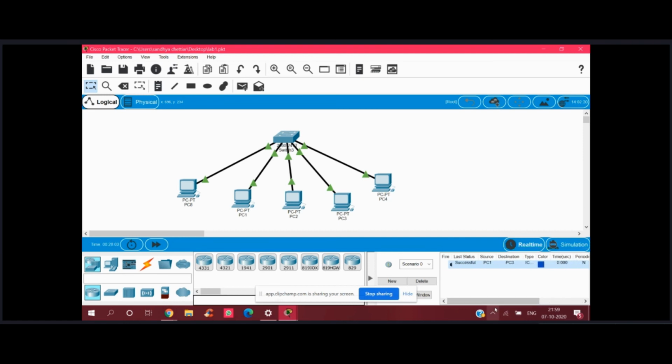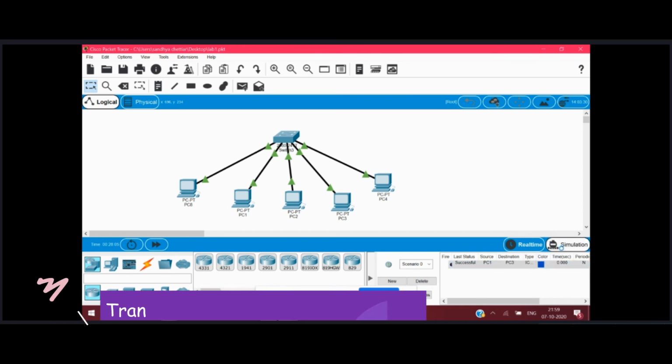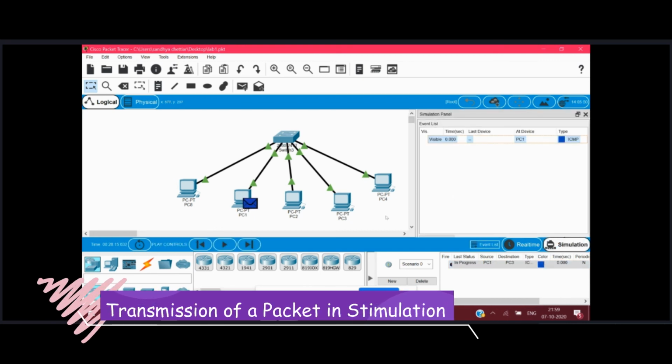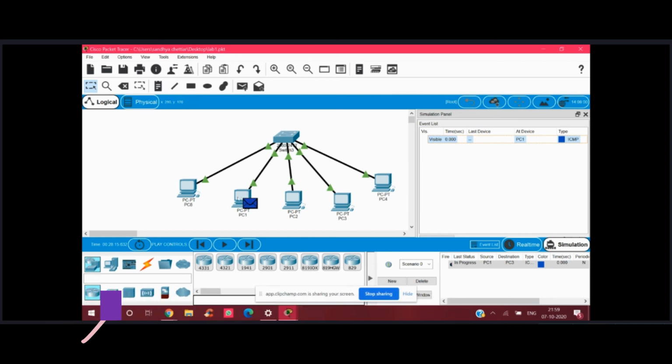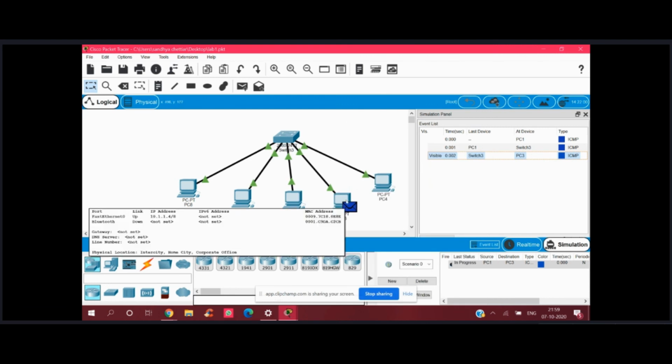We can also try doing this in simulation mode, where we are trying to send a packet from this PC to this PC. We can see how it's working. If I click again, we can see that from the source PC, the packet was transferred to the switch, and then from the switch, it was transferred to the destination.